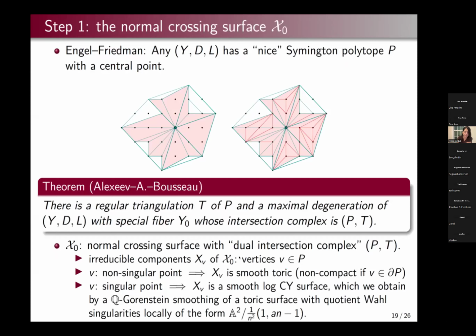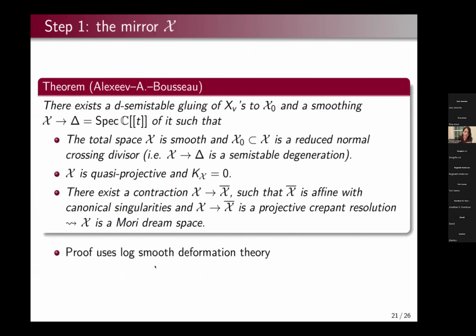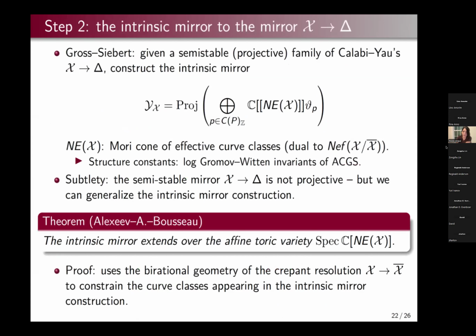Okay, so once we construct this mirror, we prove it's a Mori dream space, so you can talk about the Mori fan and the associated toric variety M_sec. And then Gross-Siebert tells you that there's a family of log Calabi-Yau surfaces parametrized by this M_sec. So generally, in the framework of Gross-Siebert mirror symmetry, whenever you have a semi-stable family of log Calabi-Yaus, like we construct, you can construct the intrinsic mirror as the Proj of some algebra, which is called the algebra of theta functions, where coefficients will live